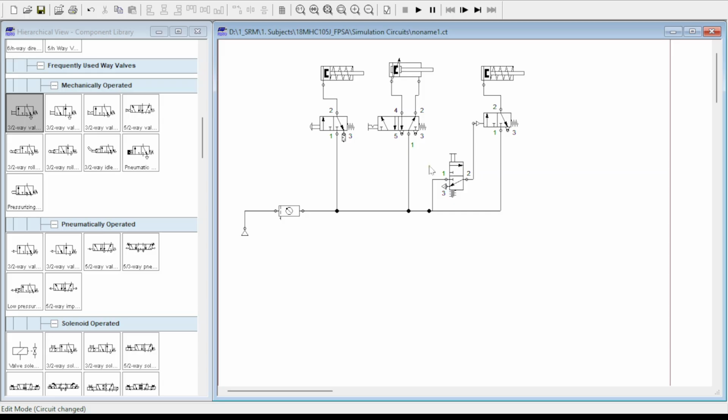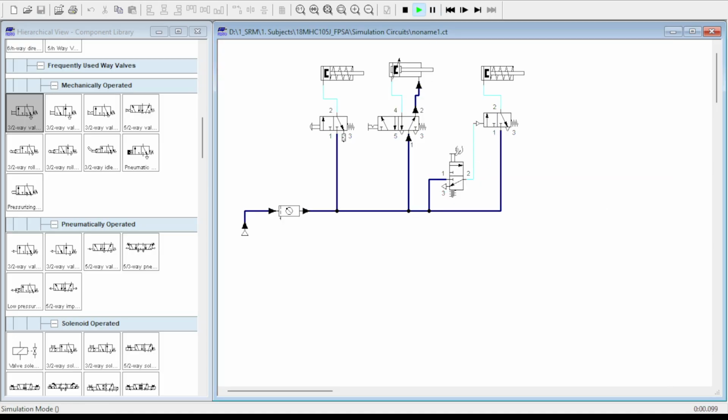Okay. So now this part of the circuit represents the indirect control of single acting cylinder. So let me run the simulation. Now when I press the start button of this 3x2 DCV, air supply comes from this DCV through port number 2. It actuates the pilot port. This causes the main DCV to shift its spool to the normally open position. Now this normally open position will allow the flow from this compressed air source into the cylinder.